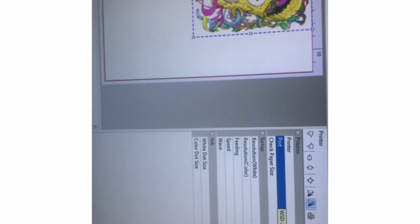Ooh, Stylus Pro 4900. Winning. Hey, I can print from all of these. All right. Anyway, sorry guys. Photo XP15000. Click. You're going to choose your printer. I've changed the name so that I could tell the sublimation to the